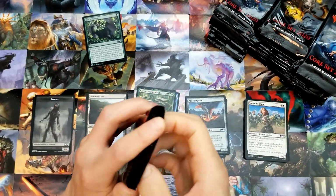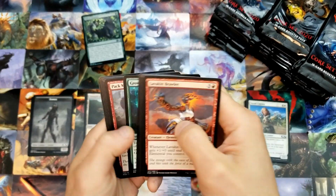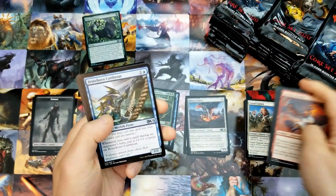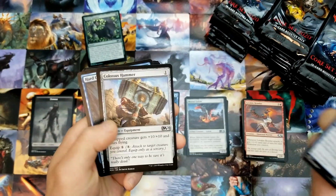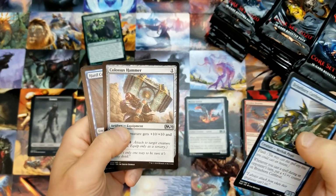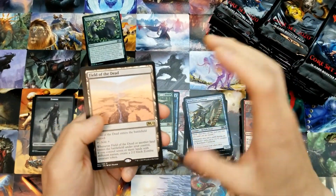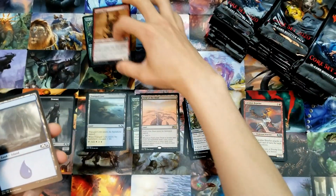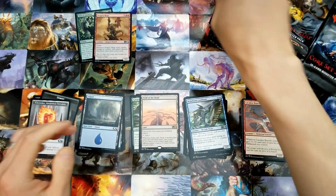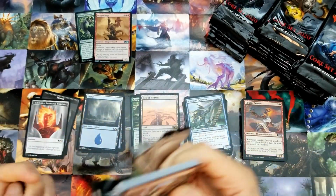Yeah, Sorin might not be super powerful today, but I feel like it's just a matter of time before some vampire deck makes it real good. Ooh, Colossus Hammer. Field of the Dead. Oh, and a Dragon Mage foil. Yeah, I think it's pretty widely accepted that this is just a very powerful core set,